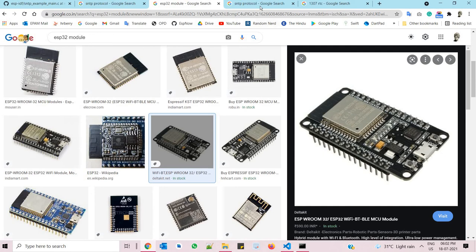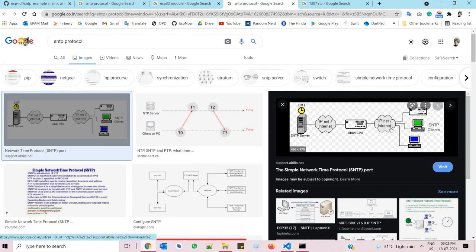Here you can see the diagram or image. Let's consider our Wi-Fi module is an SNTP client, and we provide internet to this Wi-Fi module. Using the internet it will ping the SNTP domain or SNTP server, fetch the current timestamp from the SNTP server, and provide this timestamp to its internal clock.